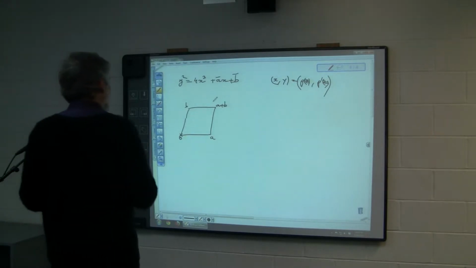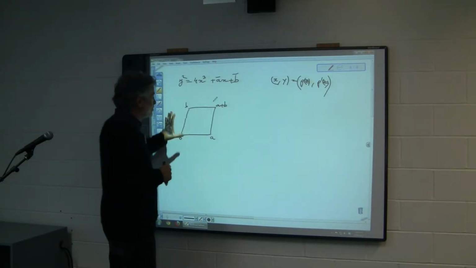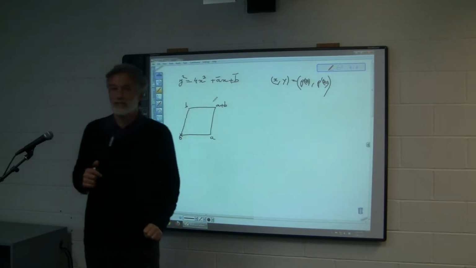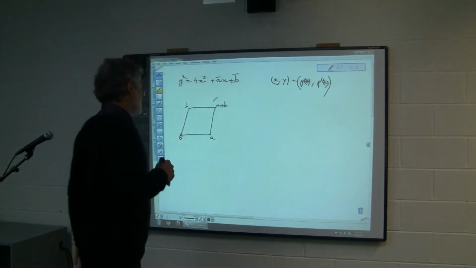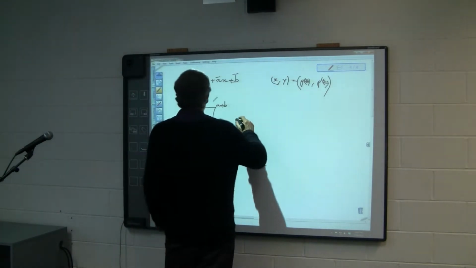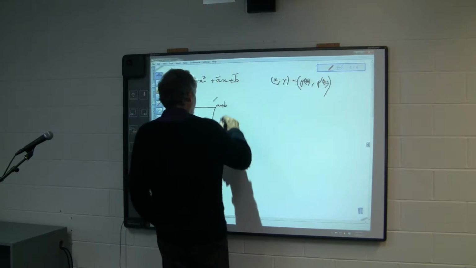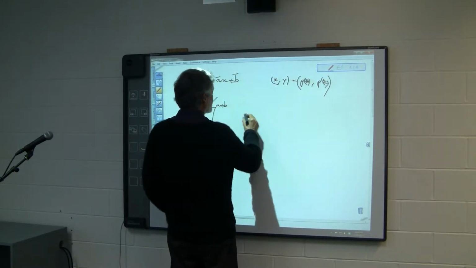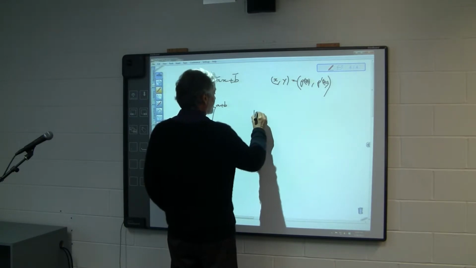And I told you a little bit about meromorphic functions on this torus. Now, one thing we know from what we've already seen is if f is meromorphic,